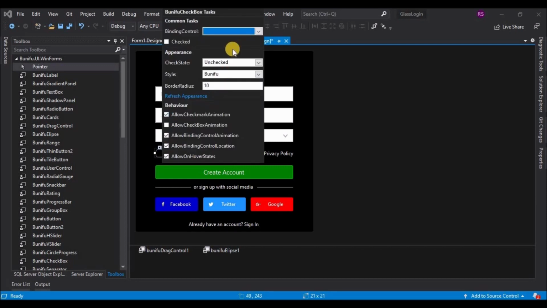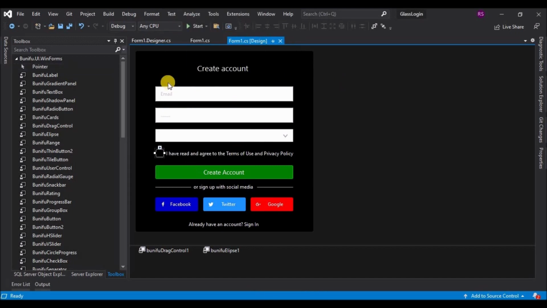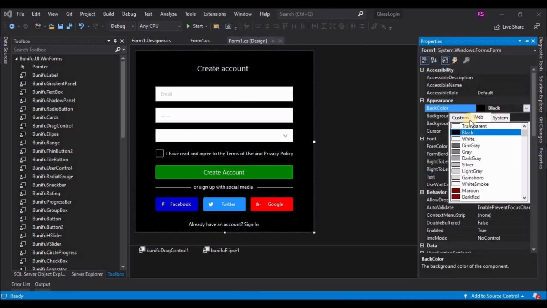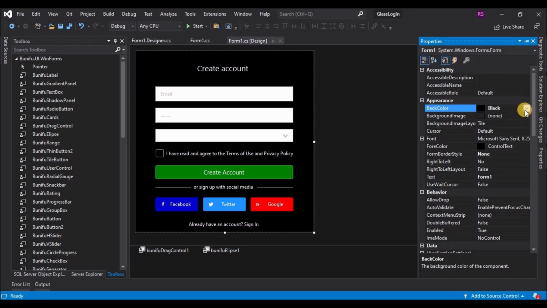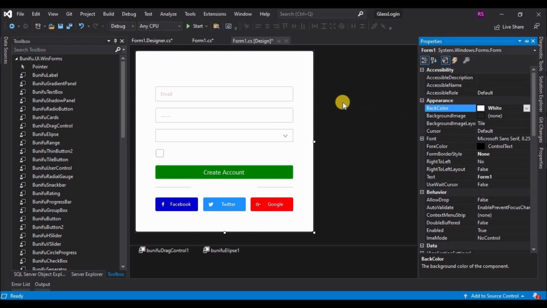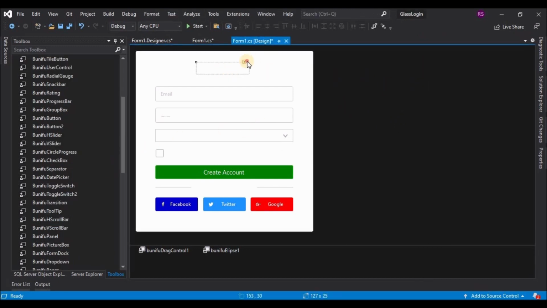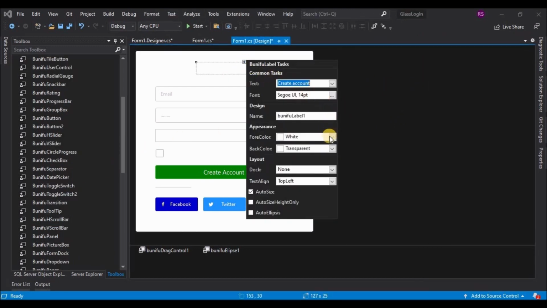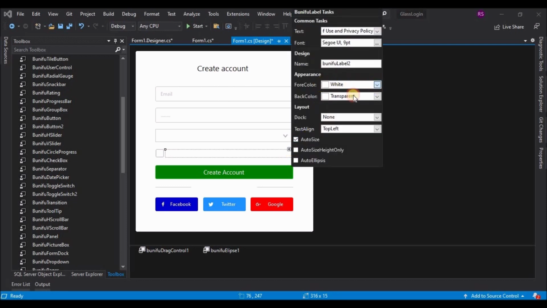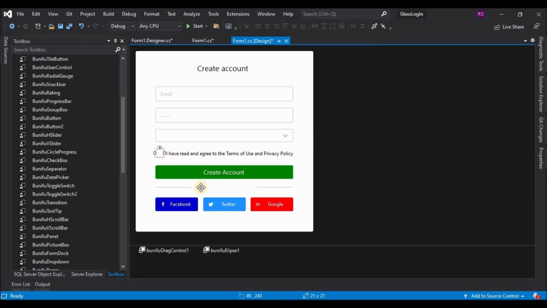Lastly, what we will do is we will change the radius to 5, because I see the checkbox is too round. Also we will change the back color to white now that we have done designing the form. And finally we will change the label fore color to black. Okay, and yeah,